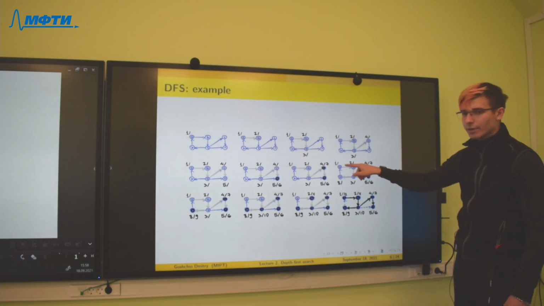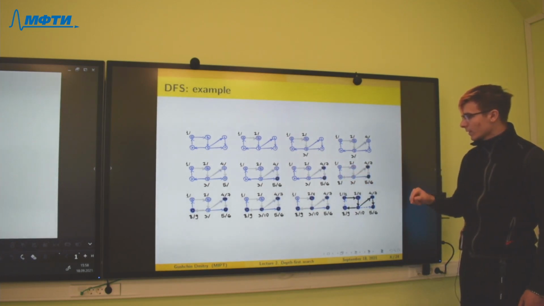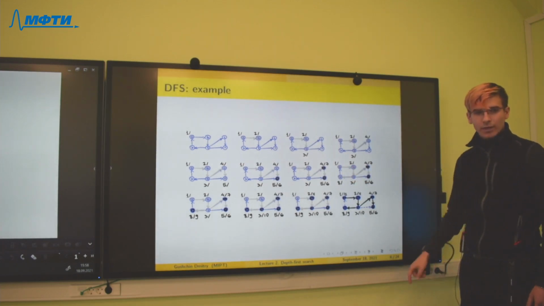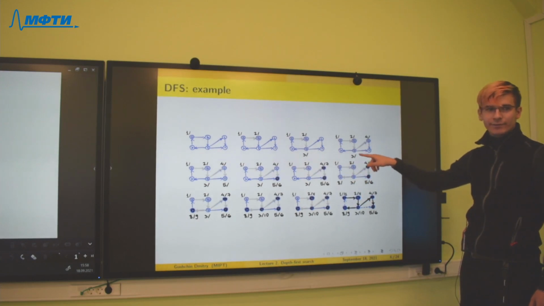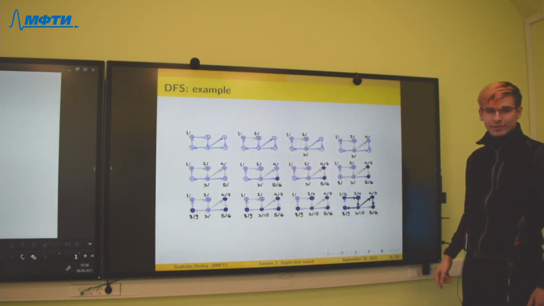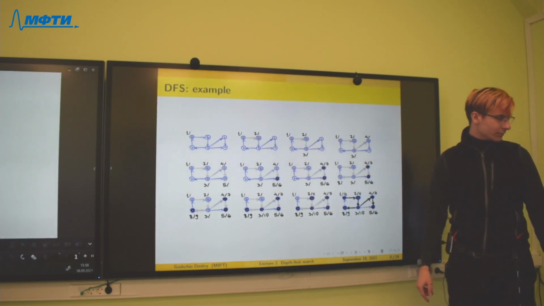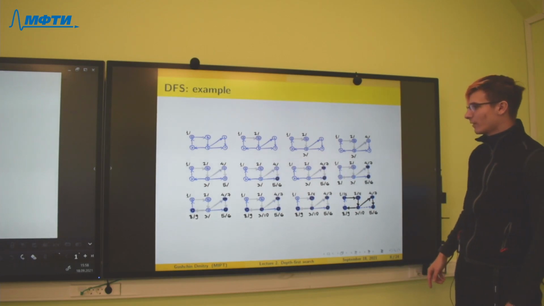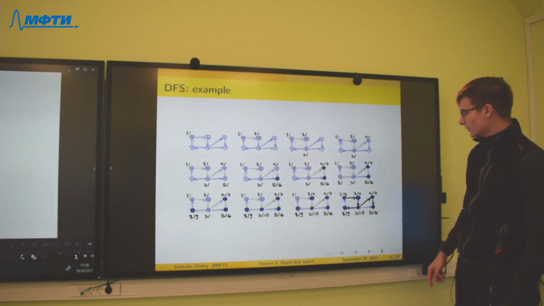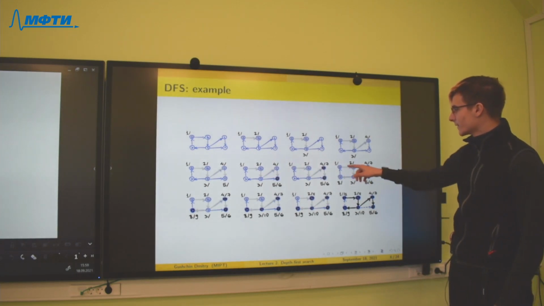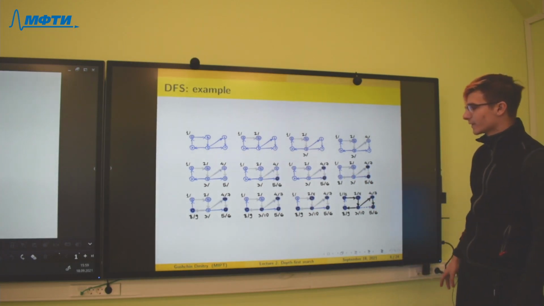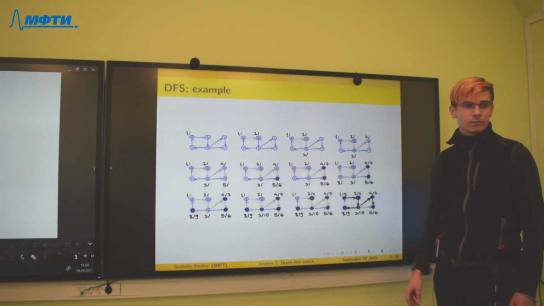We go to vertex D, and then it has adjacent vertex A, we go to A, and then we have an infinite cycle in our algorithm. So to stop our algorithm and not visit vertices that we have already explored, we need to store this information in the node.